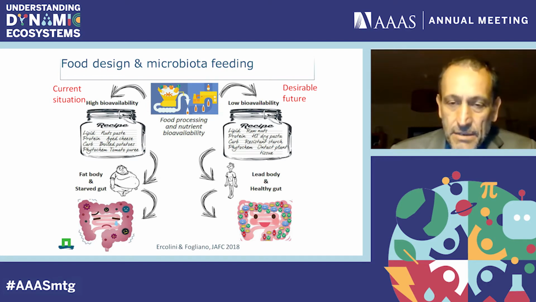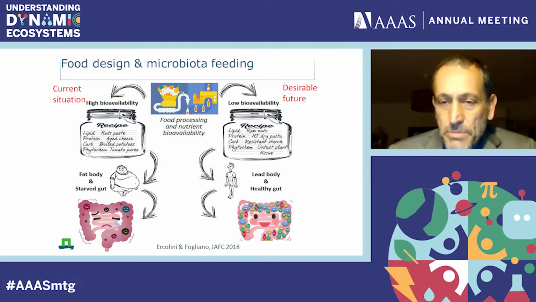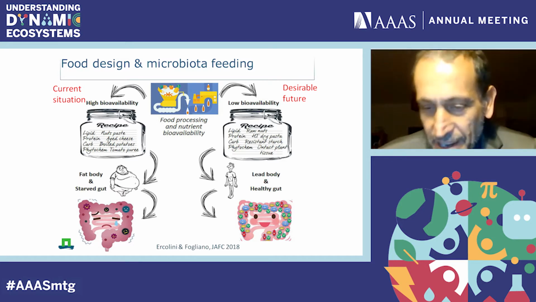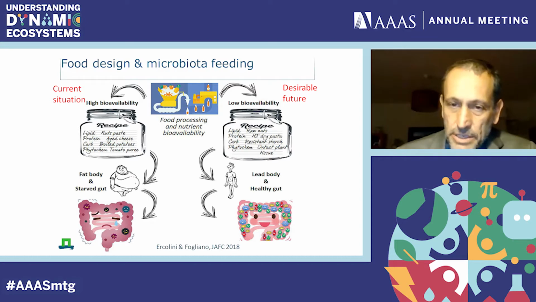So in this obesogenic environment, the human body becomes overfed, and the microbiota in the lower gut become starved. But this is only the way we design the food, because we have the possibility to think of food where macronutrients have a low bioavailability. For instance, we can have a low lipid, low protein, and low carbohydrate bioavailability, and the phytochemicals can also be made less bioavailable. In this case, our body absorbs less of this, and a lot of material reaches the microbiota in the gut that thrive on this abundance of nutrients. So this is the overall concept of my story.